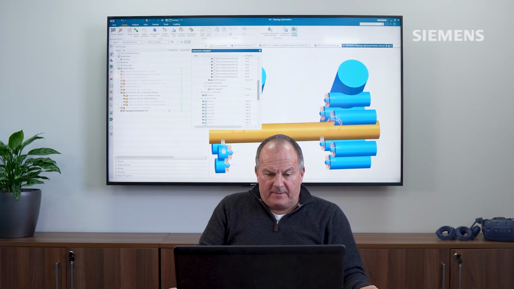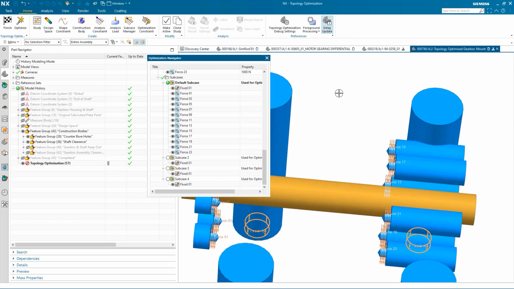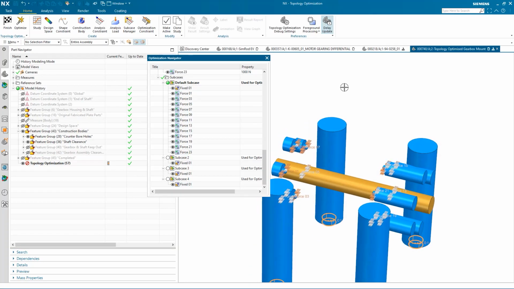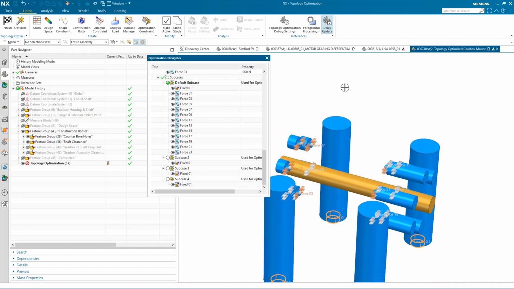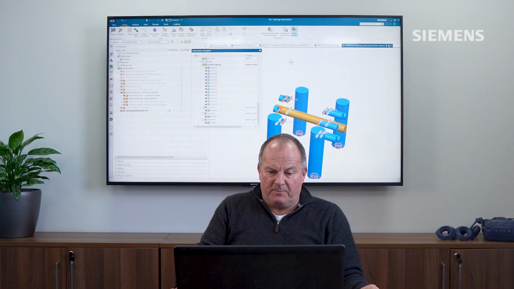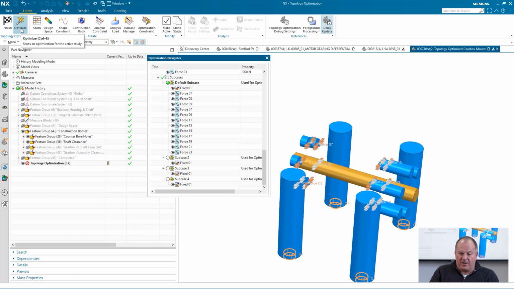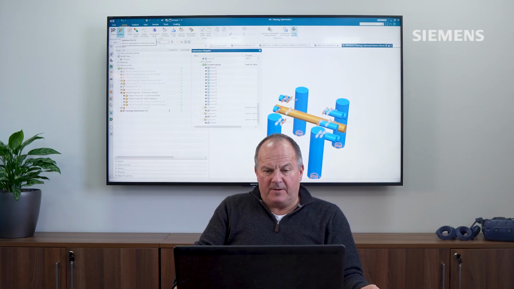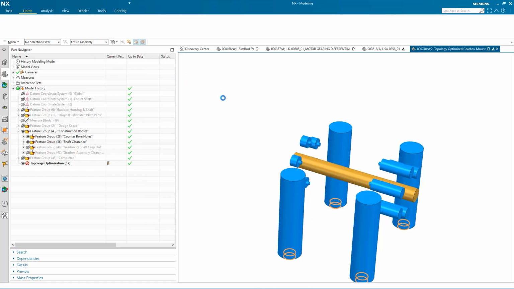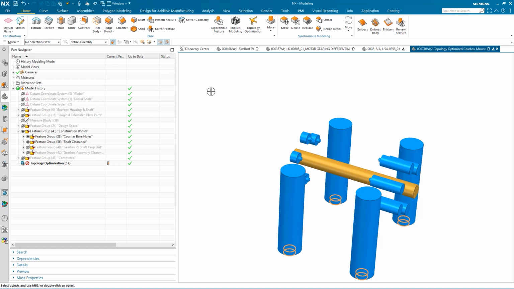And I would do that for each of the subcases. Slightly different load, slightly different direction, but it would be done for each one of the subcases. And then you utilize all of these subcases during the optimization study. When those were completed, I would then go into the optimizer itself and start the optimization study. Now this took around 5 or 6 minutes to do. I'm not going to do it live in this particular session, but I do have one that I've already completed, and we can take a look at that.